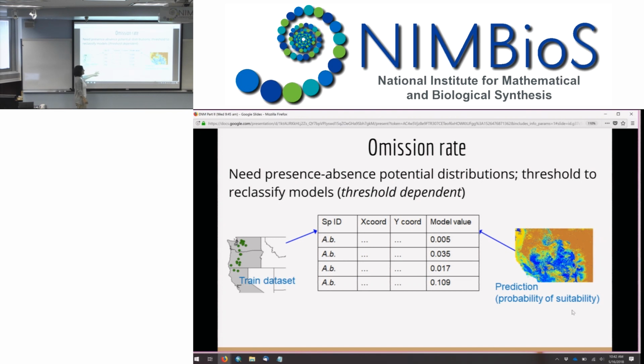So the threshold, here I'm not showing how I made the threshold, but the threshold can be selected based on known presences. So here's my species ID, coordinates, and then for these known presences, here are the model values, the suitability values. So maxent is telling me that this particular location has a probability of suitability of 0.005. This particular location, for the same species, a probability of suitability of 0.1. So what I can do is basically say